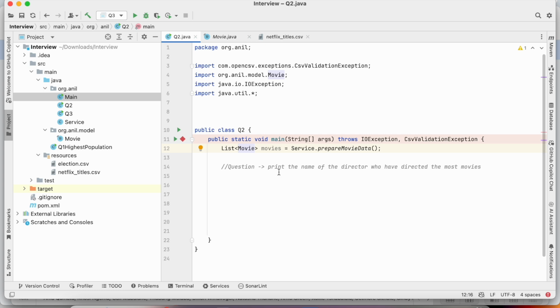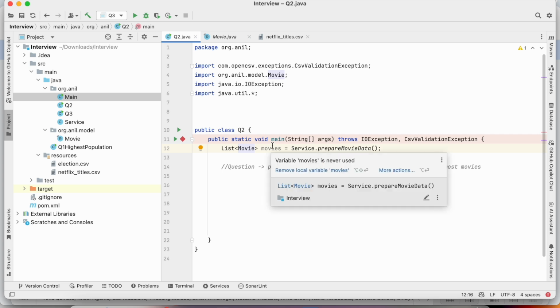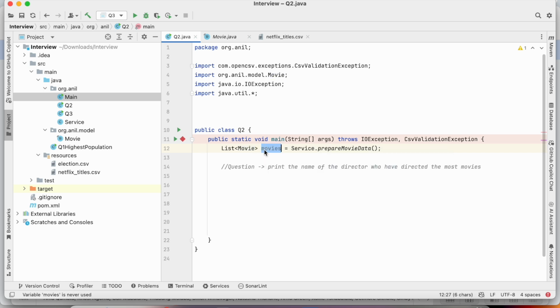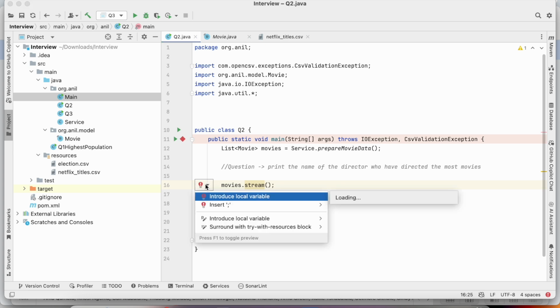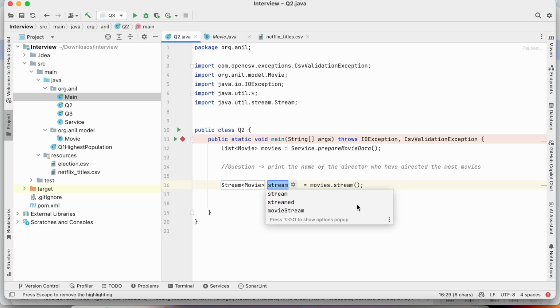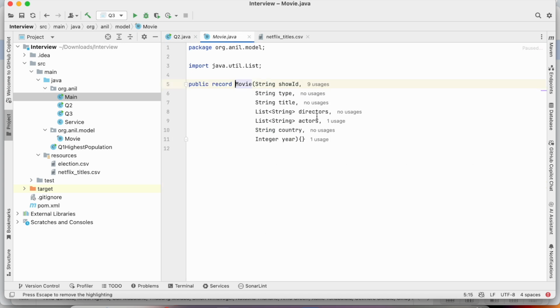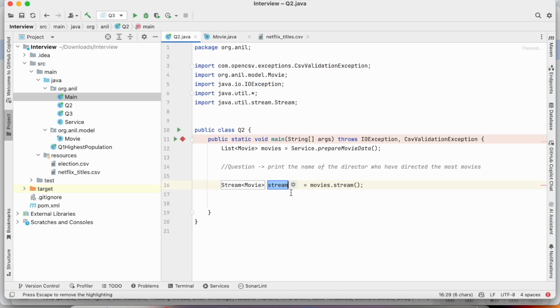So of course, since we want directors, from movies I somehow want a stream of directors. Whenever this is the case, where from one thing there is a one-to-many relationship and we want a stream on that thing, we need flat map. Suppose I do a stream on it. I know it's a stream of movies, and movies have a list of directors. So what I need to do